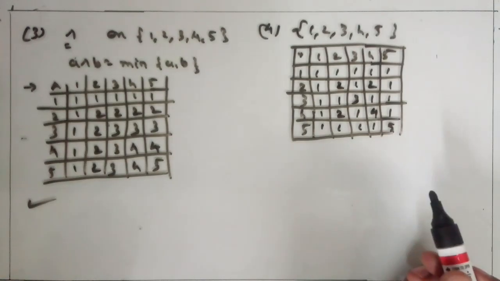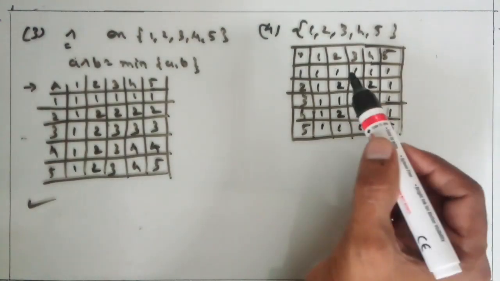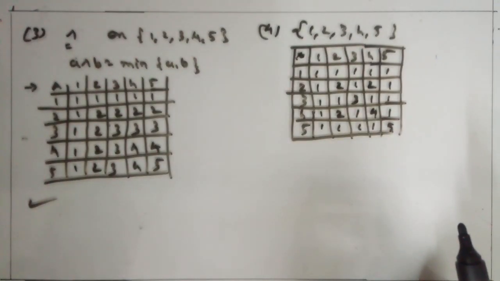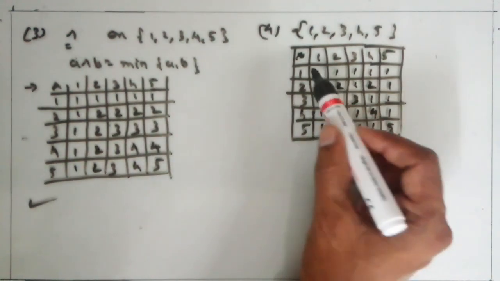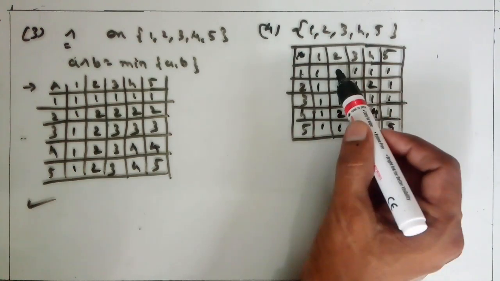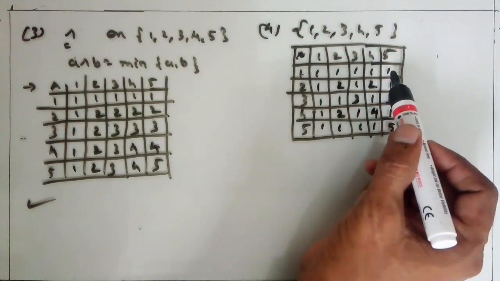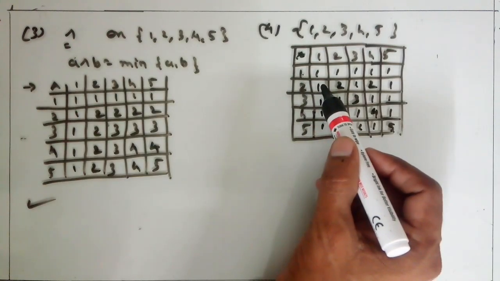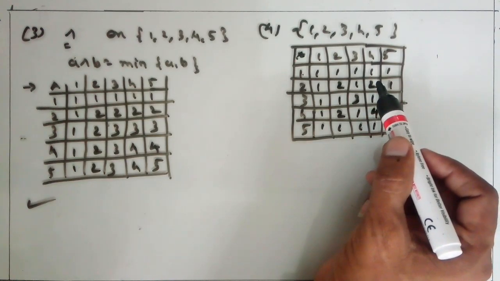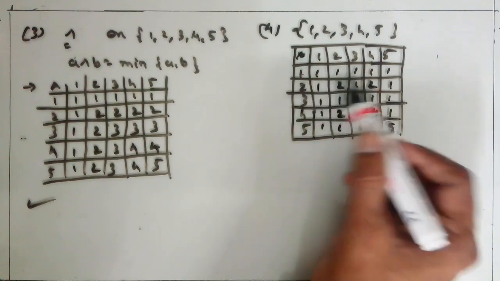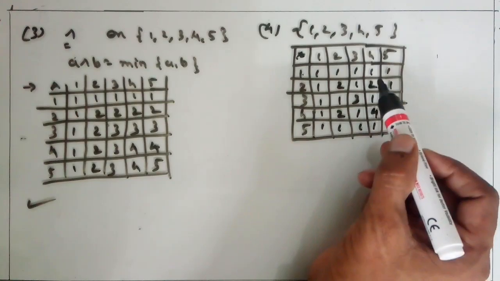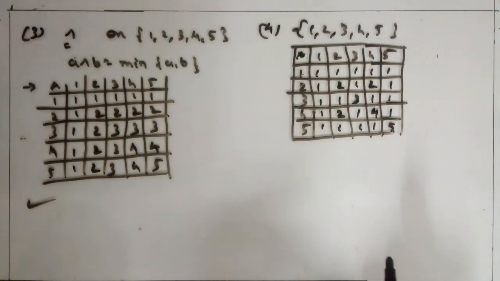From this table, we see that this star operation is the highest common factor, HCF. Common factor of 1 and 1, highest common factor is 1. Common factor of 1 and 2 is 1, 1 and 3 is 1, 1 and 4 is 1, 1 and 5 is 1. Same for 2: 2 and 1 is 1, 2 and 2 is 2, 2 and 3 is 1, 2 and 4, highest common factor. Factors of 2 are 1 and 2. Factors of 4 are 1, 2 and 4. So the highest common factor is 2. So 2. Similarly for the other numbers.